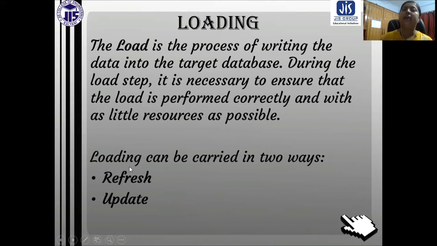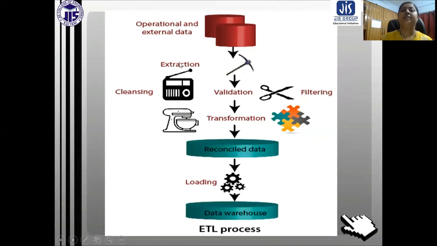Whenever a new data warehouse is going to be loaded with data, initially we perform the refresh. And when periodic updating is required, we perform the update, which creates a new version of data. So this is the total ETL process you can see.